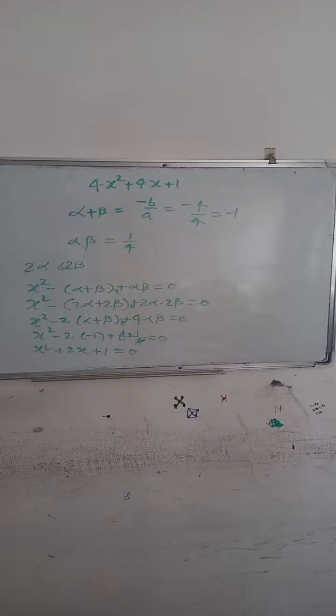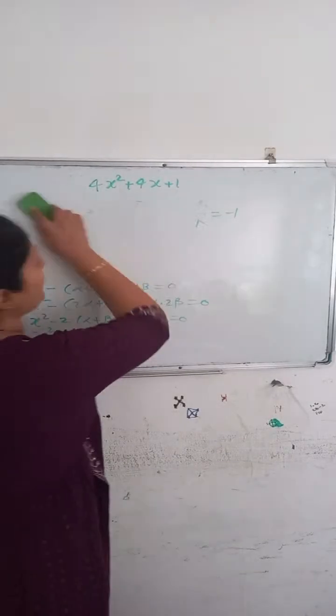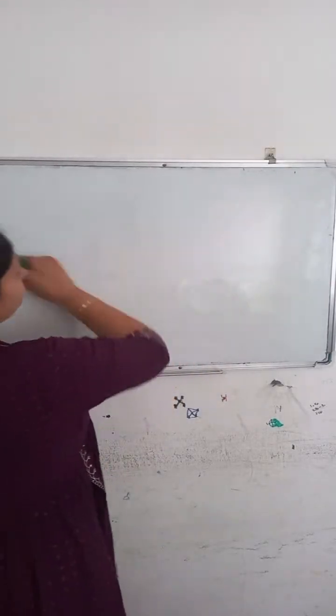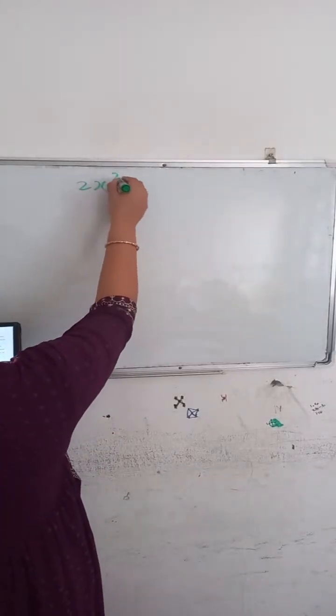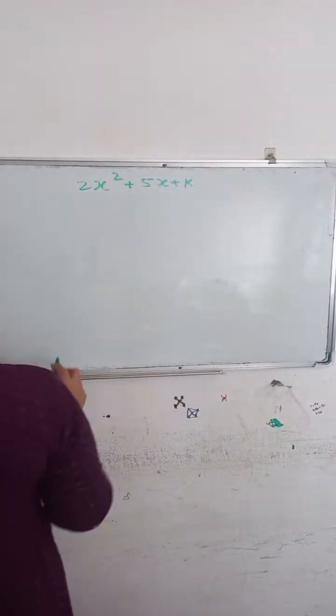If alpha and beta are the zeros of the quadratic polynomial 2x square plus 5x plus k, find the value of k. Here, 2x square plus 5x plus k. Find the value of k